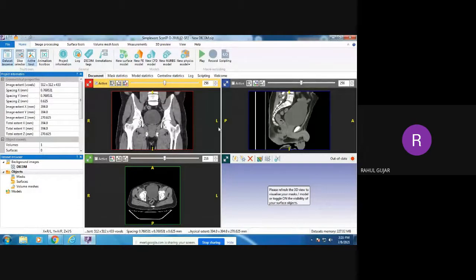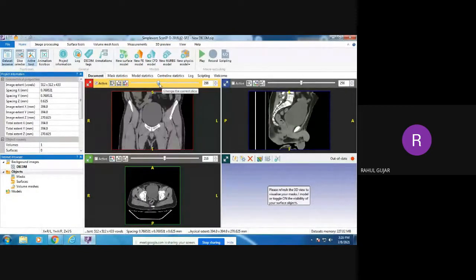In that complete screen you can see four pictures. These three are showing the 2D views of your CT scan.